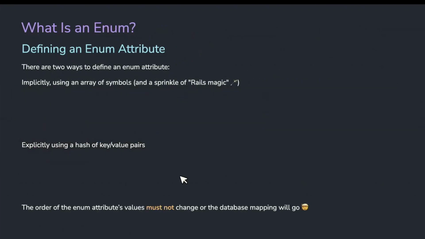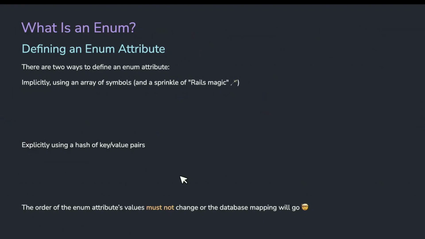But before we do that, we have to actually define this enum in our model. This is different than a regular attribute. So there's two ways to define an enum attribute. The first way is implicitly using an array of symbols. And this is where you sprinkle in that Rails magic.